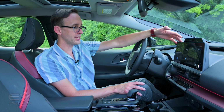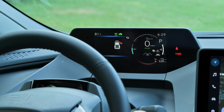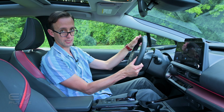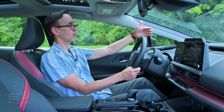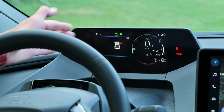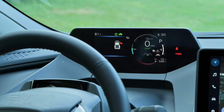Now, aside from this main 12.3-inch display, we also have a 7-inch digital instrument cluster, and I have no problems with this panel itself, but the positioning, that causes a lot of problems. So I think Toyota was trying to kill 2 birds with 1 stone here. So rather than having a separate digital instrument cluster mounted about here and then a head-up display farther forward on the dashboard, they just put this one screen sort of in the middle, which is kind of a good idea,